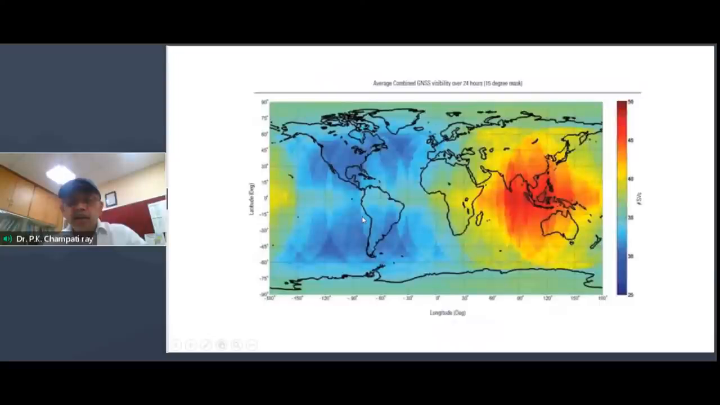Now, to tell you about the number of satellites, what we see, this is an older slide. Average combined GNSS visibility over 24 hours. That shows places where you can see around 50 satellites all the time. And relatively it goes lower as you move towards the polar region or to other parts of the world. But in the Indian region, a large number of satellites are possible because the Chinese satellites are operating there,